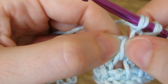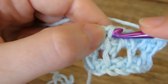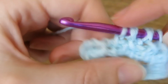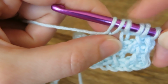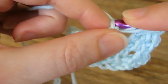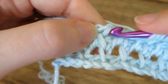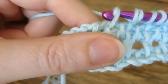Then we skip the next vertical bar, which is going to be above that gap, and find the next vertical bar and do a simple stitch. Okay, and we just repeat that all the way across, making sure that these sit in the right place. Chain one, put your hook through the chain one, skip the next vertical bar, find the next vertical bar, do a simple stitch,